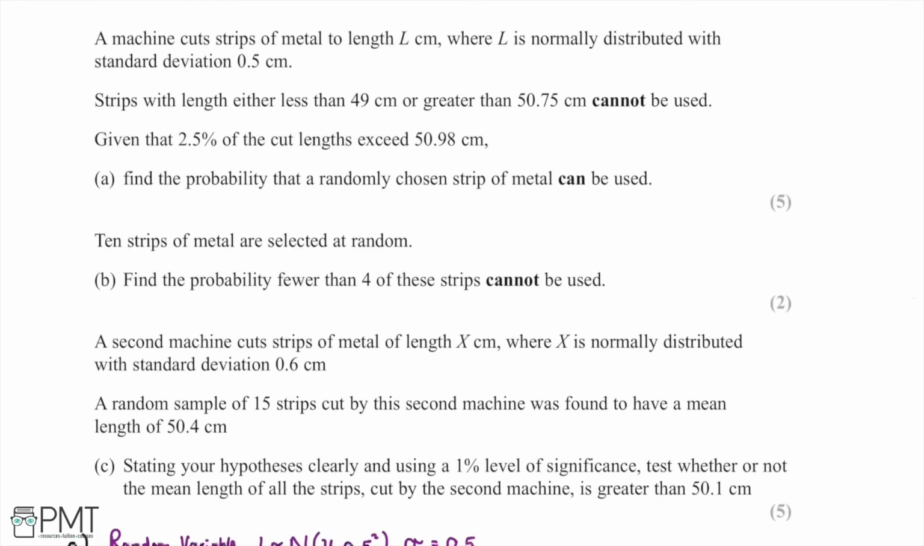So in this question, we're told that a machine cuts strips of metal to length L, which is measured in centimetres, where L is normally distributed with standard deviation of 0.5 centimetres. We're told that strips with length either less than 49 centimetres or greater than 50.75 centimetres cannot be used. And we're told that 2.5% of the cut lengths exceed 50.98 centimetres. And we're asked to find the probability that a randomly chosen strip of metal can